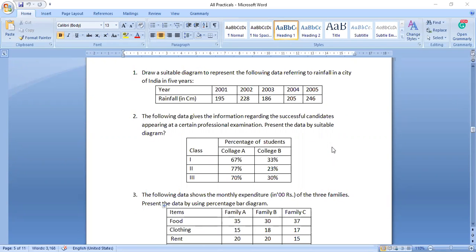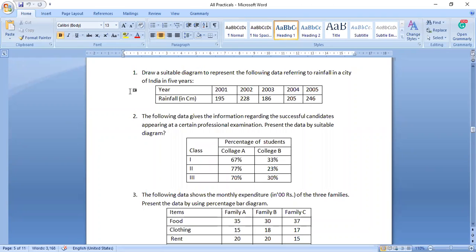Yes, let me know. First question. Simple bar diagram, sir. Yes, simple bar diagram. Yes, because we have given the rainfall data, right? We have given the rainfall data for different years. So we have given one variable which is rainfall. So the first question is based on simple